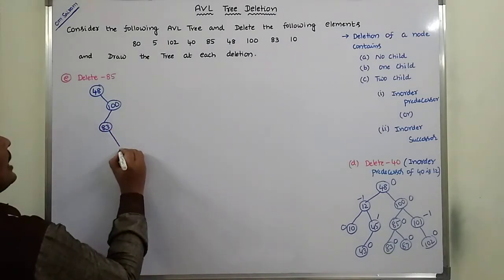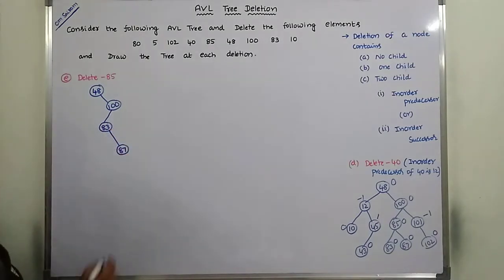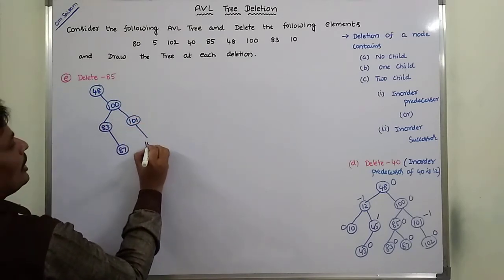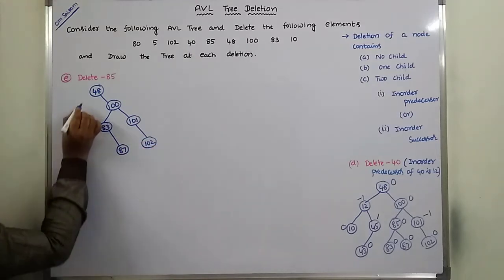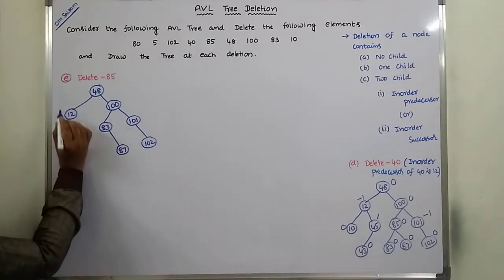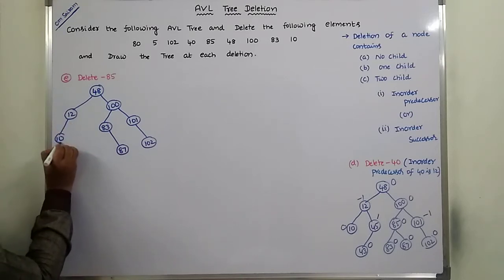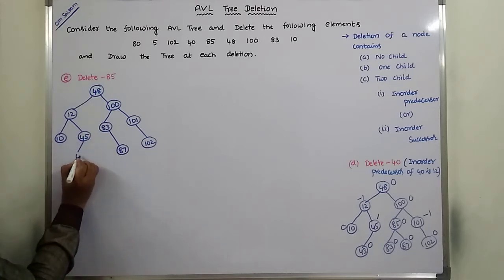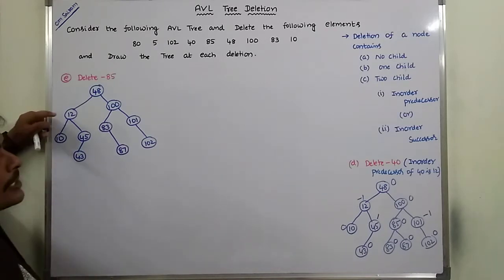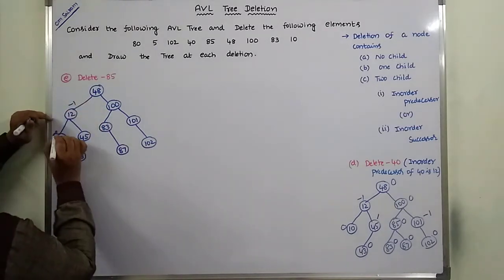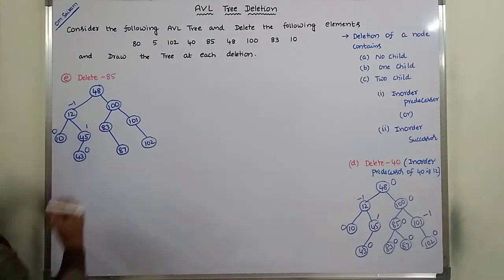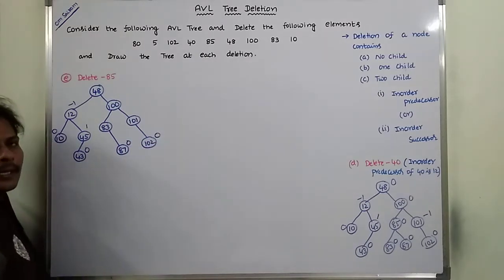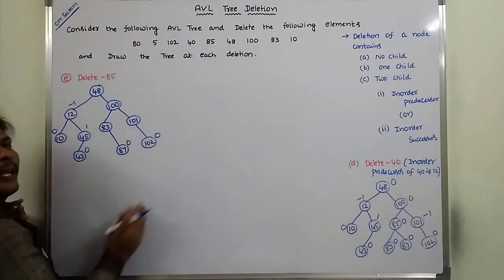Now 48 is the root node. Its right child is 100 and its left child is 83. Its right child is 87. There is no change. Next, here 101 and here 102. Next, on the left side there is no change. So this is 12, and 12's left child is 10 and right child is 45, and its left child is 43. So there is no change in the balance factors on the left side: minus 1, here 0, here 1, here 0. Next, on this side, these are the leaf nodes. Their balance factors are 0 because left subtree height is 0 and right subtree height is 0.